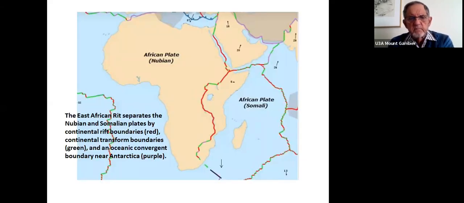Okay, so the African plate as we think of it today, if I was discussing it in broad terms, I take the plate from the central Atlantic at 11 o'clock right across to the central Indian Ocean. And I wouldn't bother to mention the fact that it's breaking in two into a Nubian plate, which is most of Africa, and the Somali plate, which is east of the African Rift. But if you look at the red lines that cut down the African Rift from the Red Sea almost to the Cape,